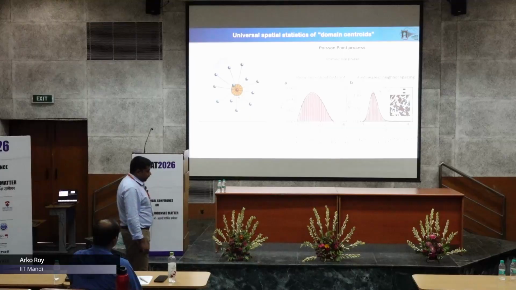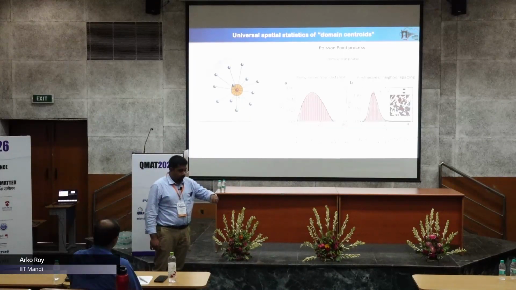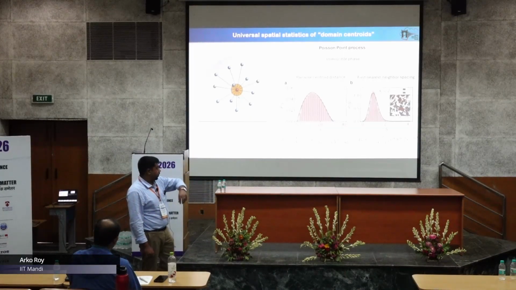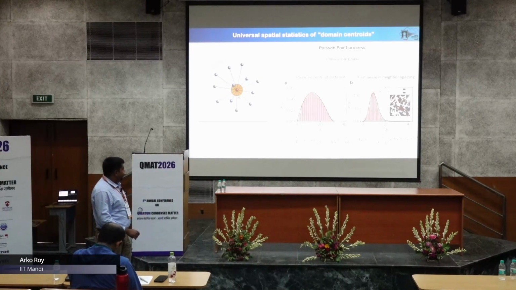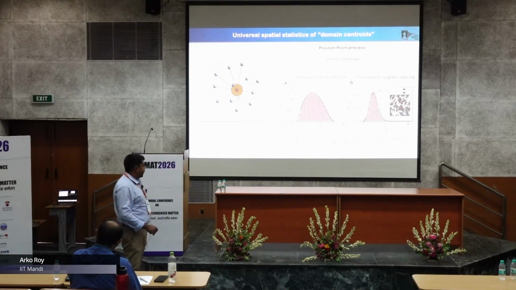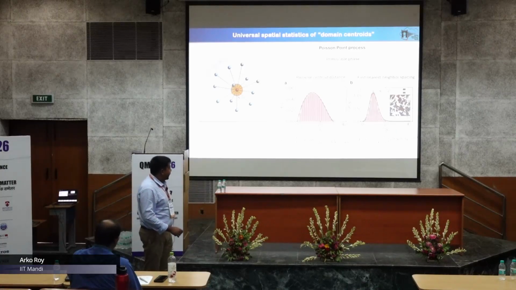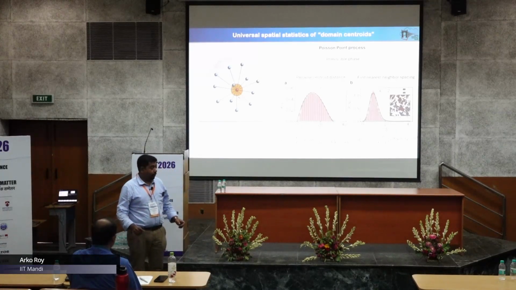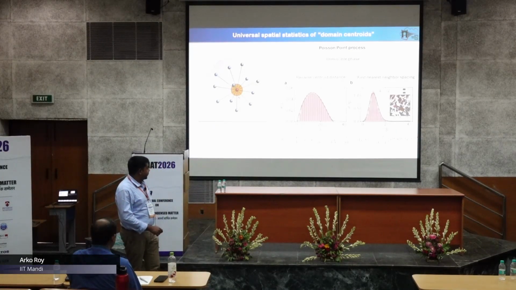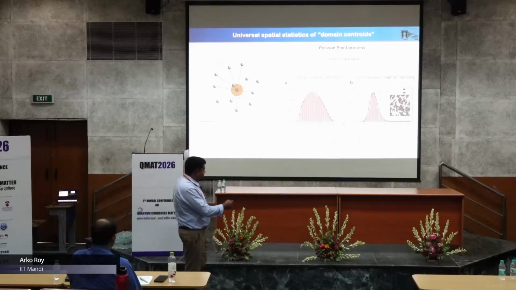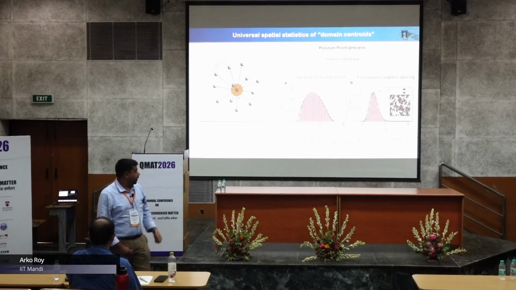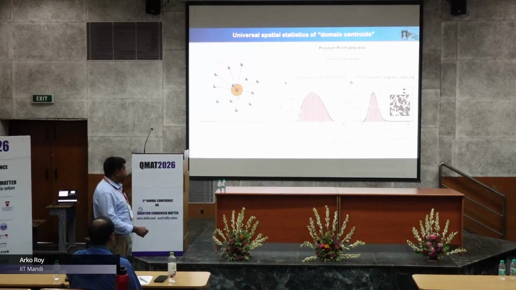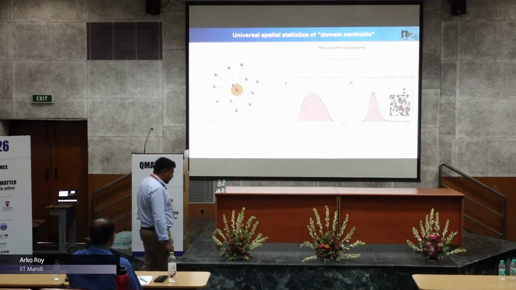We can also look at how the domain centroids are spread over the space, and again the pairwise centroid distance resembles this line picking problem, and the first nearest neighbor spacing distribution for the domains resembles this function for k equals 2. Now let me point out that in the earlier slide for the vortices, the line was for k equals 1, whereas here it is for k equals 2. The reasoning is as follows,